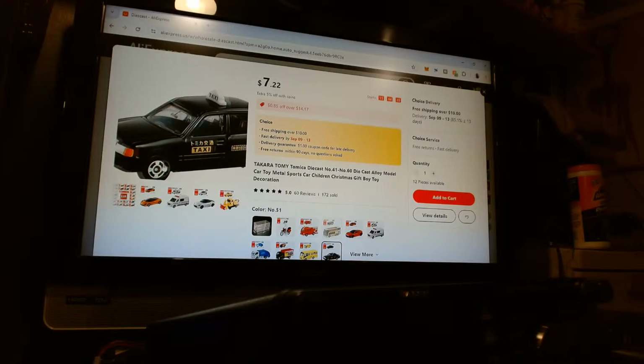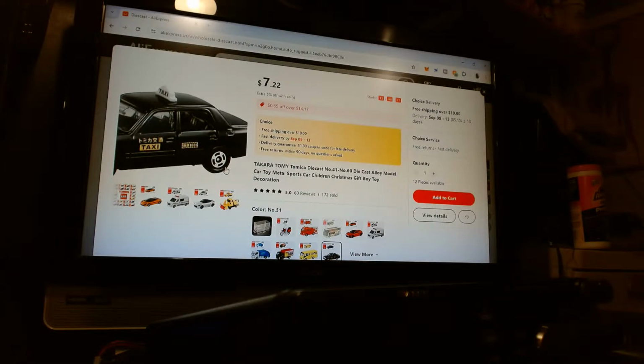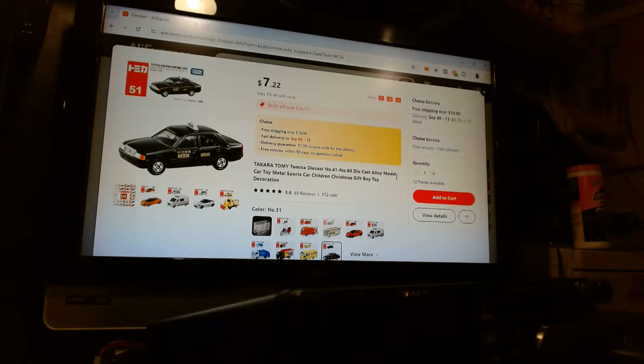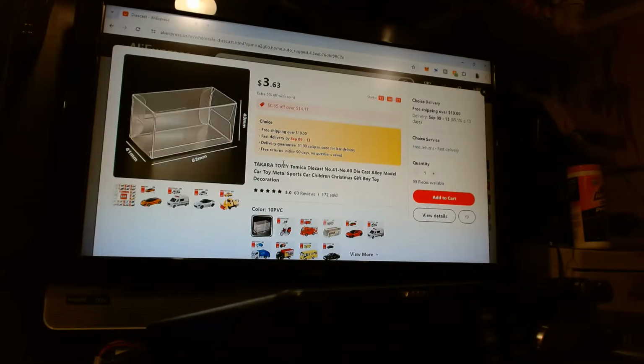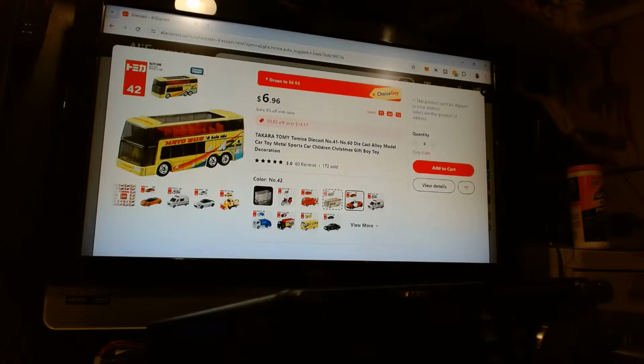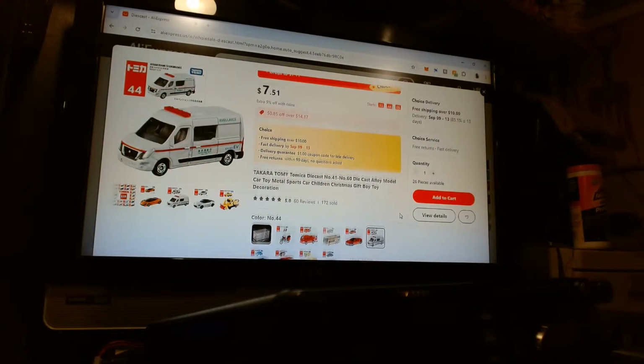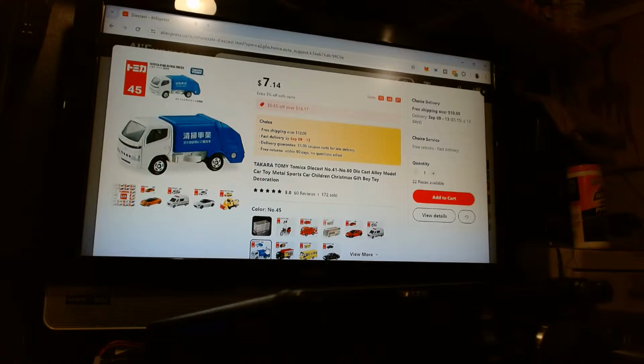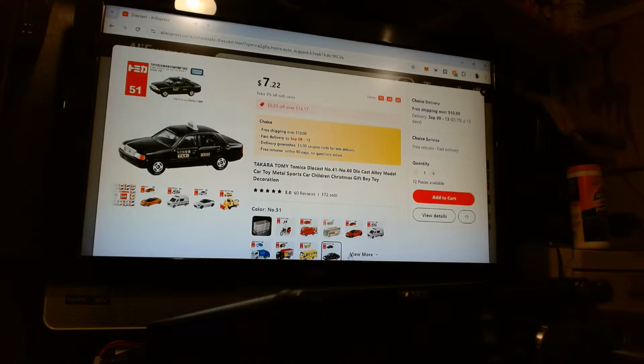So this looks like a Crown Victoria. Okay. Now look at the prices. When you look at the prices, remember that when you go into AliExpress and they showcase this price and they show these vehicles, don't think right away, oh, I'm gonna get one of these cars for $3.63. No, that's not the case. And then if you go through all these different vehicles, you can see the prices. I mean, they're all pretty consistent in price. Okay. So when you shop around,